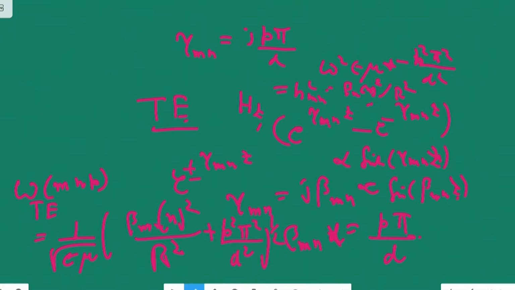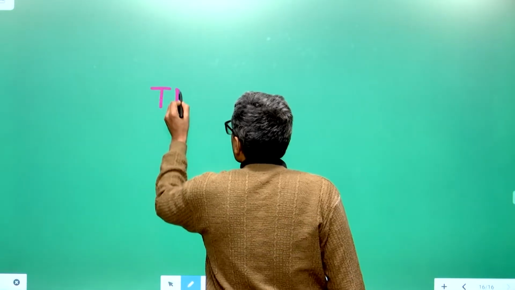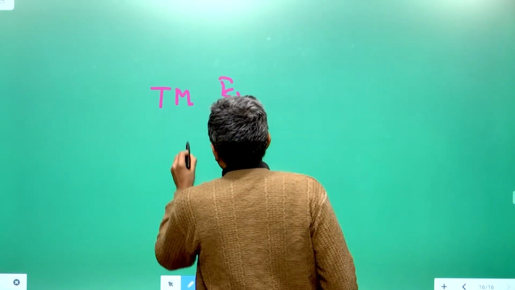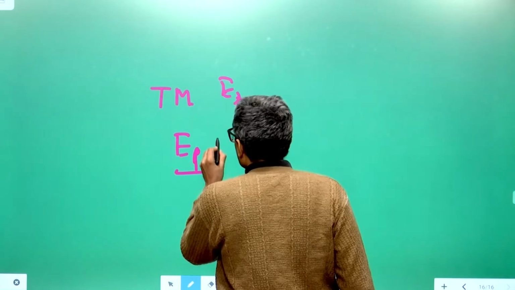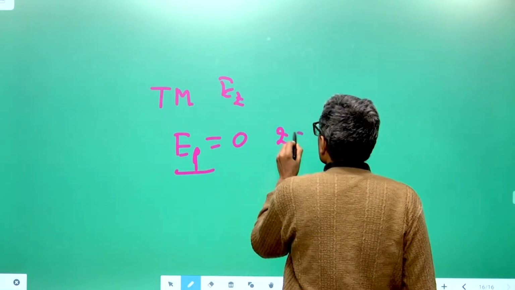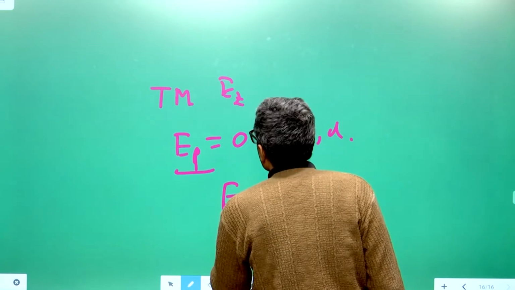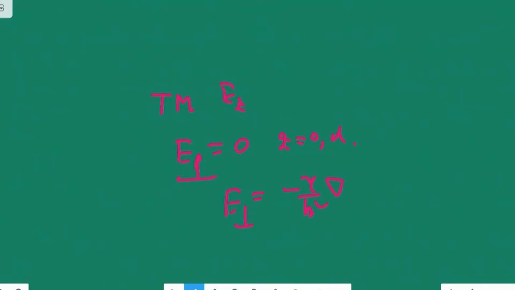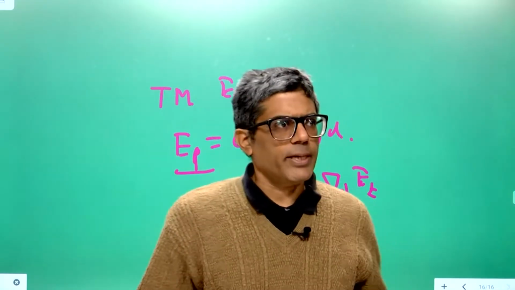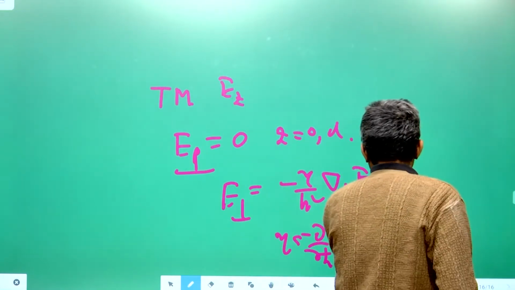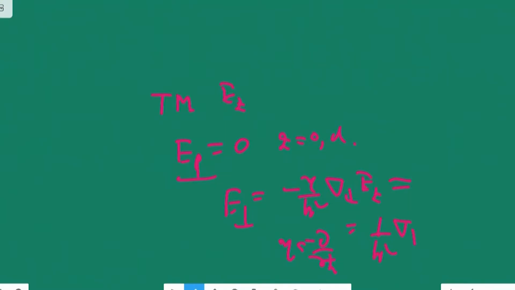to the power half. Likewise, in the case of the transverse magnetic mode, everything is determined by Ez, and you require that E rho and E phi, that is E perpendicular, the transverse component of the electric field, should vanish when Z is equal to 0 and D. But what is the transverse electric component in the TM case? It is minus gamma by h square del perpendicular Ez. So if del perpendicular Ez is to vanish, what is gamma? Gamma has to be replaced by dou z. Because plus or minus gamma you can admit, you can replace gamma by minus gamma, that will also be a solution. So in general you should write this expression as 1 by h square del perpendicular dou Ez by dou z,